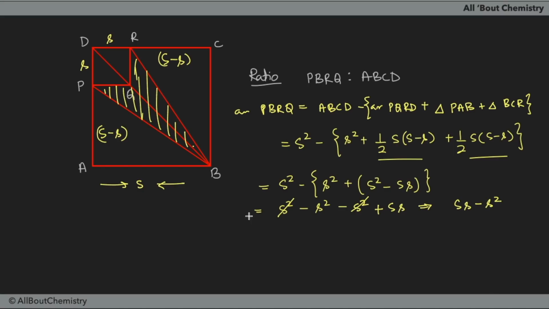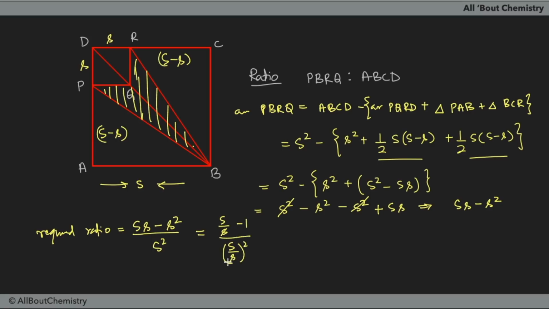That's the area of this. If you divide it by the area of ABCD, the required ratio is going to be the area of this, that is capital S small s minus small s square, divided by the area of ABCD, which will be capital S square. Now divide the numerator and denominator by small s square. So it becomes capital S upon small s minus 1, divided by